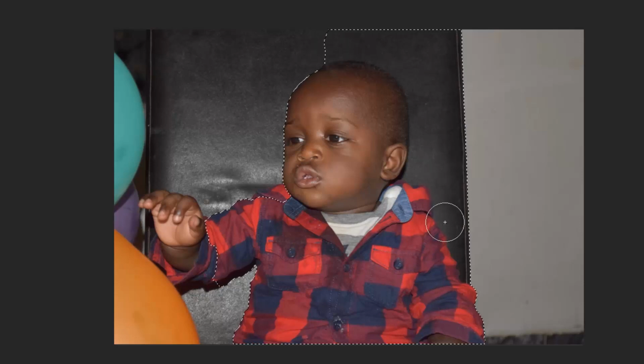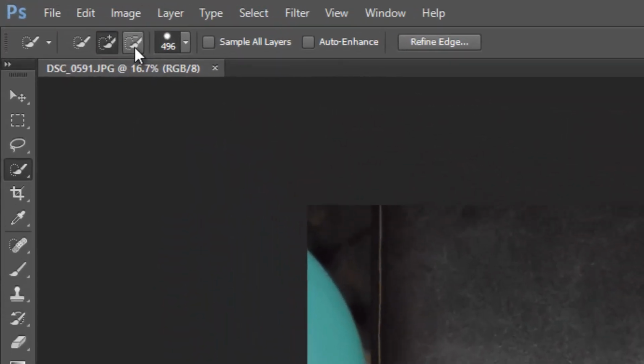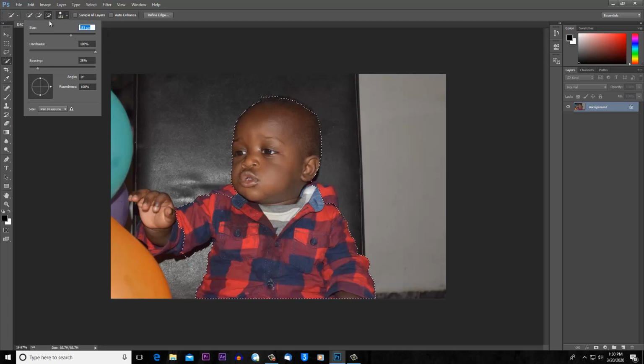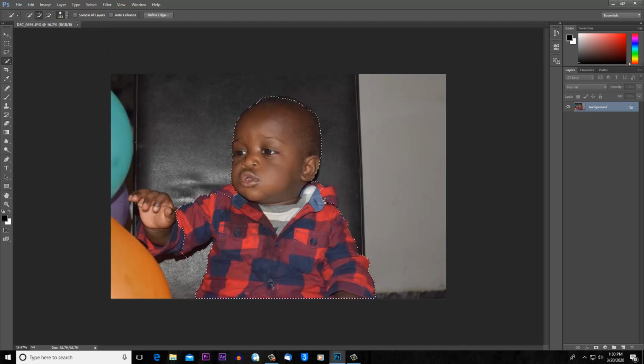If something like this happens, you can also press undo if you wish, but there is a button here called minus. You click on minus and then you minus this part, because remember, you don't want that part, so you can just minus it like that. Let me decrease the size of the brush and then click on plus. The plus means add to selection and the minus means subtract from selection. So let's do our first selection and then we can fix some of our errors.